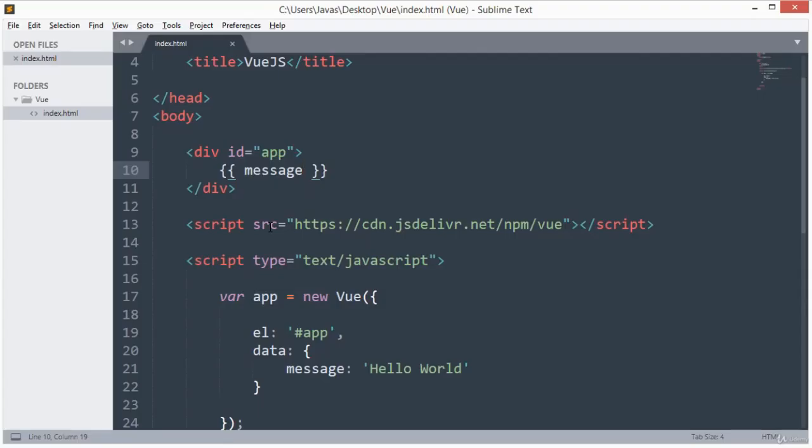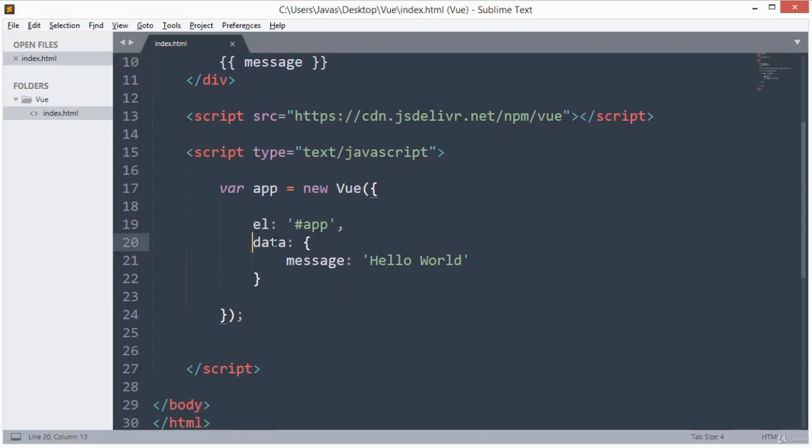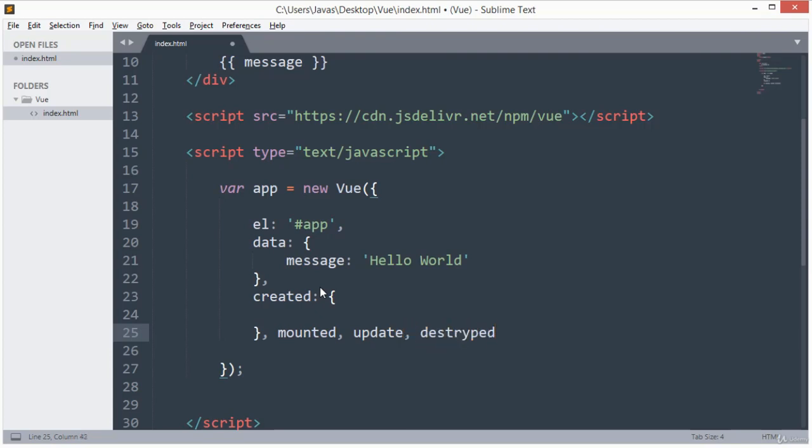There are some methods that Vue contains, for example, once the instance is ready, or for instance, we can say created. We can just use created, right? And there are a lot of methods like mounted or updated or destroyed, right? These types, sorry for the spelling mistake, these types of methods that we will try to use a few of them. Created means what, for example, what it does is it will run, for instance,